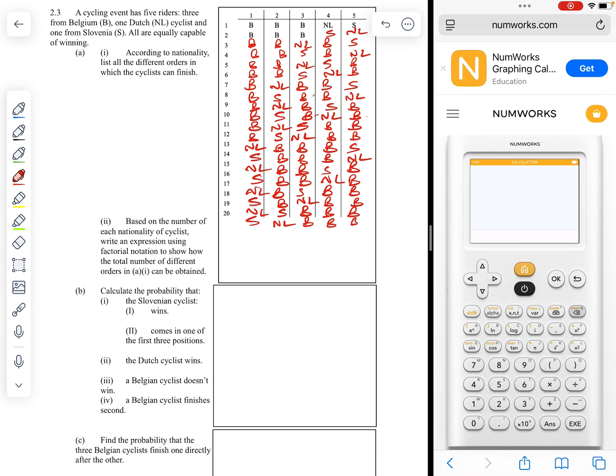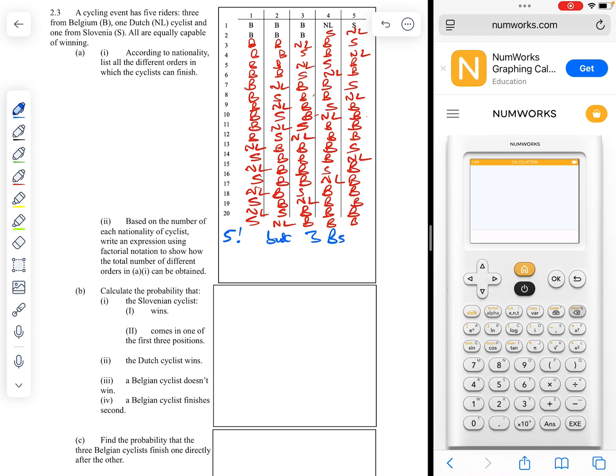Based on the number of each nationality of cyclist, write an expression using factorial notation to show how the total number of different orders can be obtained. Well, we've got 5 cyclists to choose from, so we're thinking 5 factorial, and if it was 5 nationalities, that would be the answer. However, we have